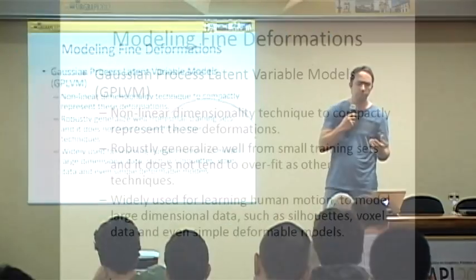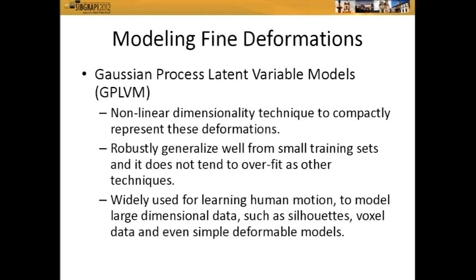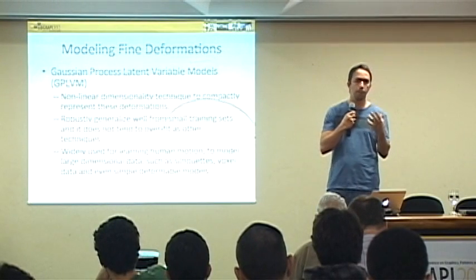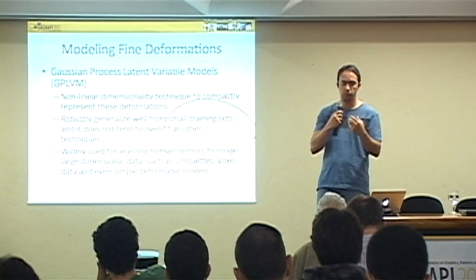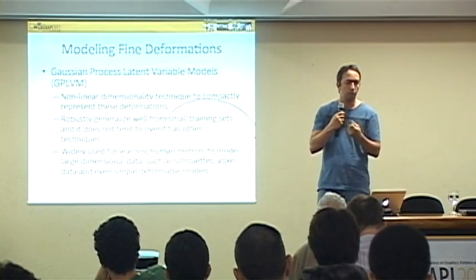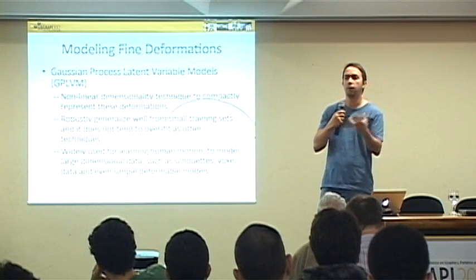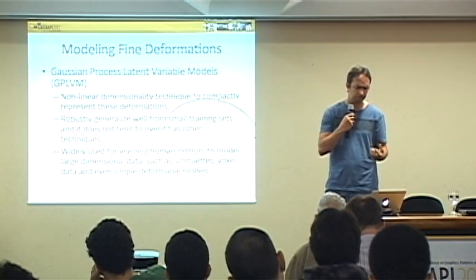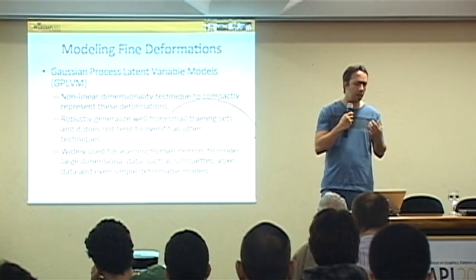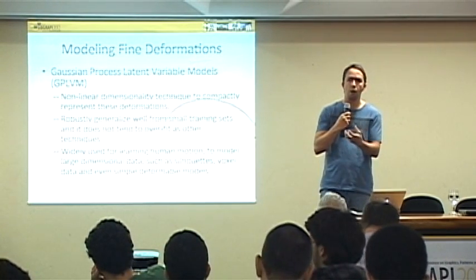So we'll be using Gaussian process latent variable models, which is a nice machine learning formulation, and you can think about it, for the ones who don't know it, as a nonlinear dimensionality reduction technique to compactly represent information, in this case deformations. So we use it because it's really robust and it can generalize well from a small